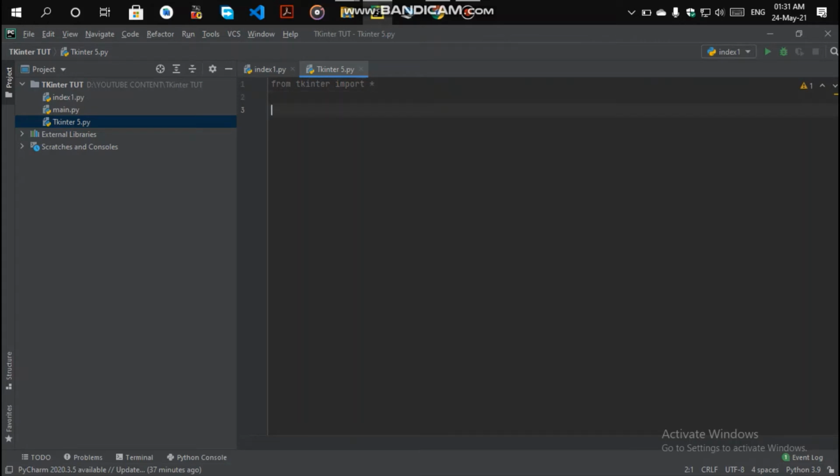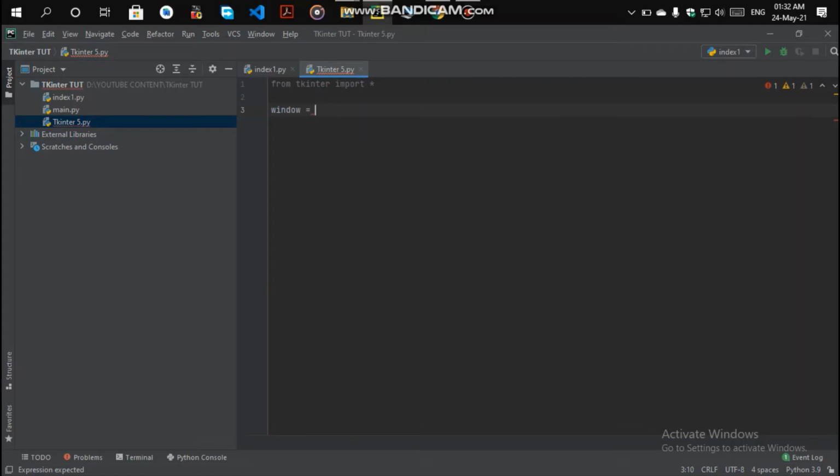In the second line, I have told you to give the root window. You can call it whatever you want: window, pan, root, whatever naming convention you want. But here, we are calling it window. You can call it root too. We are calling it window because it creates a window-like structure for you, a basic window.